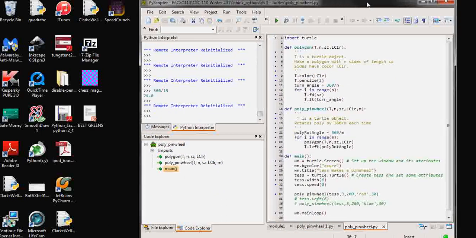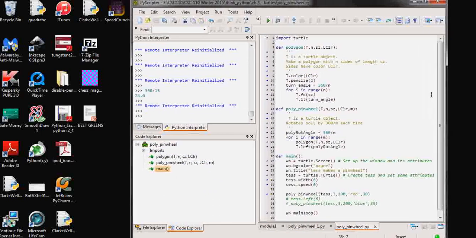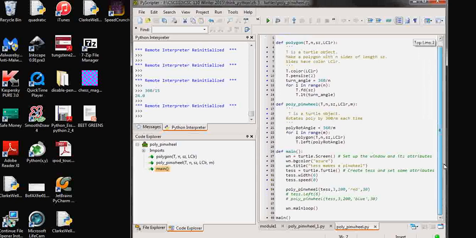Now this is going to be a little bit hard for you guys to understand, but give it a try anyway. So this is actually a better way to program. What I do is I have a polygon program which draws the polygon, and then I've got a pinwheel program which uses the polygon function. And so it's more modular. So this function draws the polygon, and the pinwheel program, here's the polygon right here, and then here is